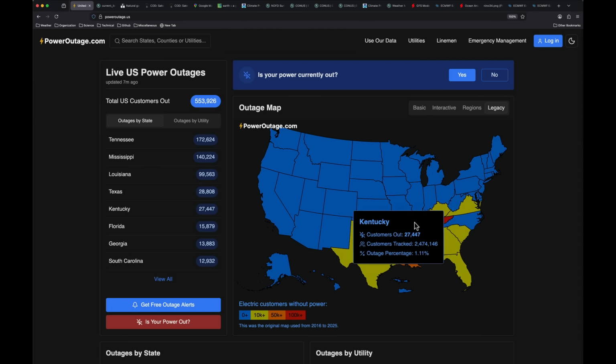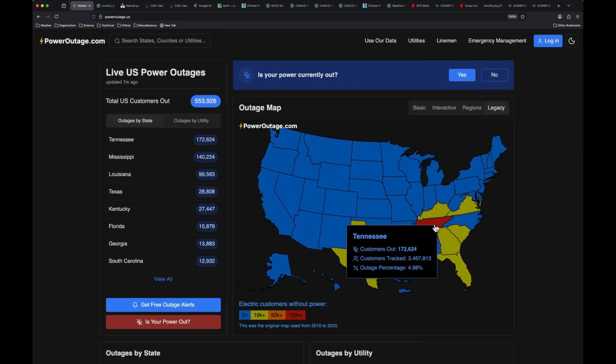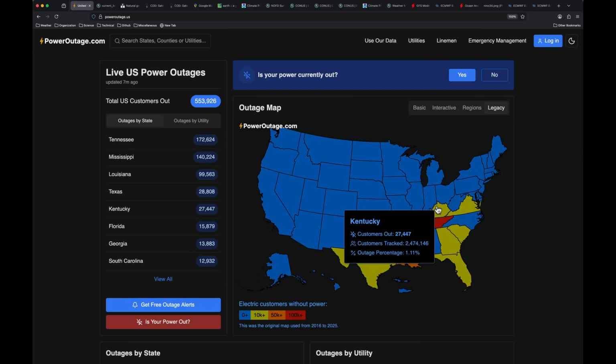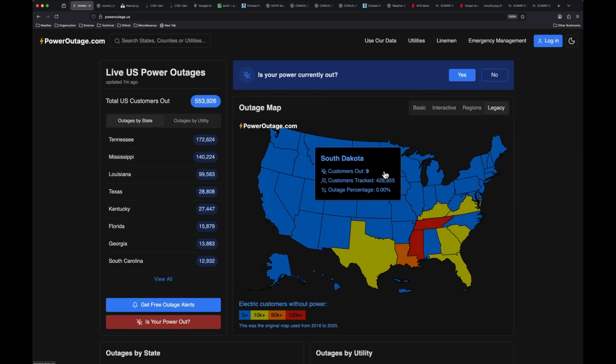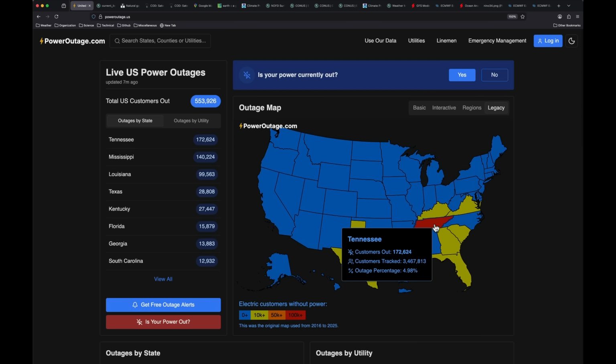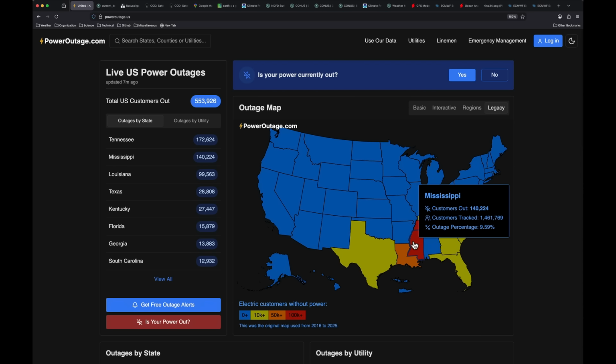Now, the impacts of that winter storm are still being felt. It's just an impressive, impactful storm. We still have a tremendous amount of power outages this morning. You're talking hundreds of thousands of people remain without power, and you have to consider the fact that we've had very cold temperatures. I'm just peeking around here. This is poweroutage.com. Tennessee, 172,000. Mississippi, still 140,000 people without power here. Significant impacts from largely the ice storm in these locations.